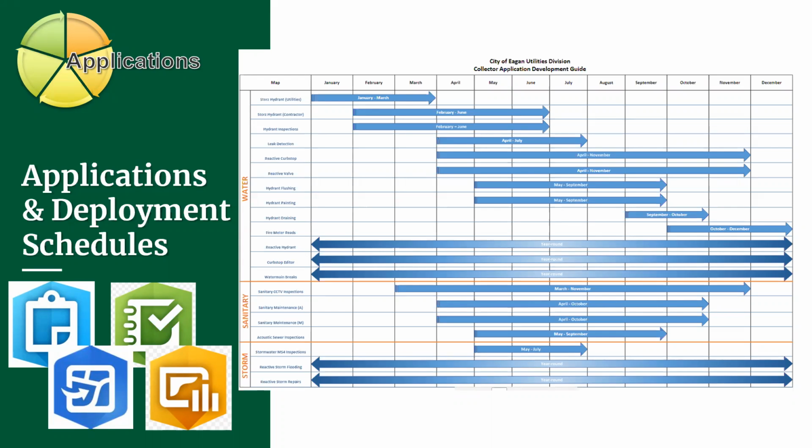For the most part, these applications, now that they're built, are running themselves. But what is really helpful and what we found is kind of an advantage to doing things this way is we do have the ability to customize the apps to meet our needs pretty readily, and we can work directly with the supervisors and the field staff to do that. This timeline really helps with that process.